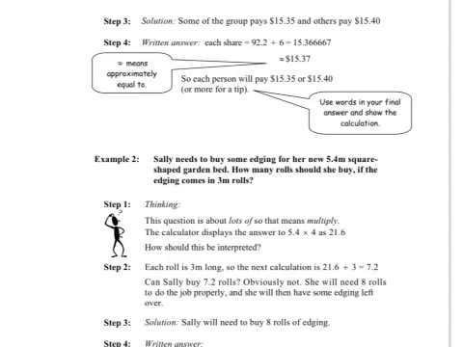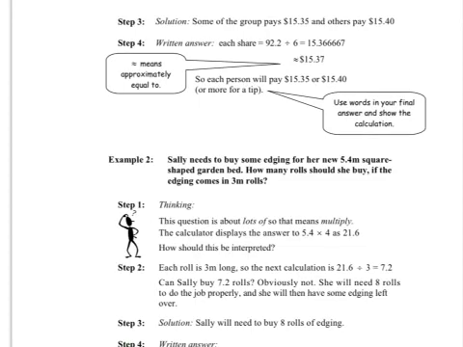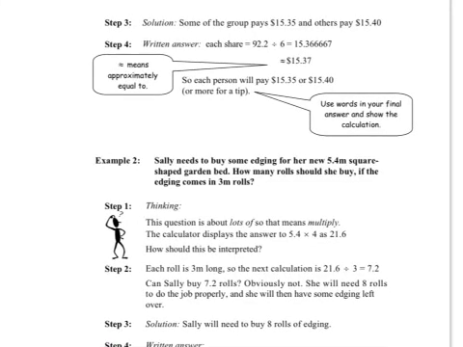Well, normally you would round down to $15.35, but it's unlikely that the restaurant would accept that because that will fall a little bit short of their $92.20. So most likely in this case you're going to have to round up to